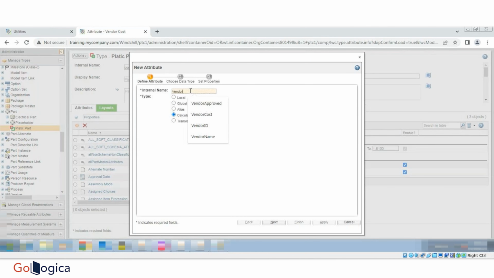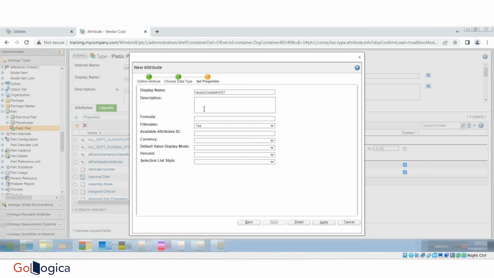Vendor cost with GST, goods and service tax. It's not a string variable, it's a real number. Go next. So here is where you have to put the formula. So you have to put exactly the attribute name, internal name. Like I'm going to say vendor cost